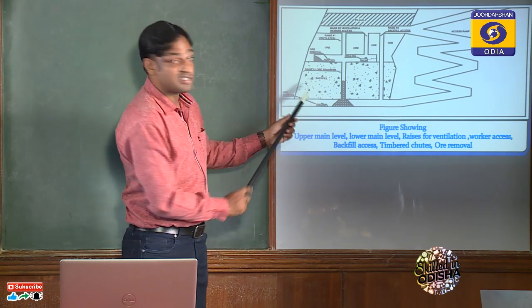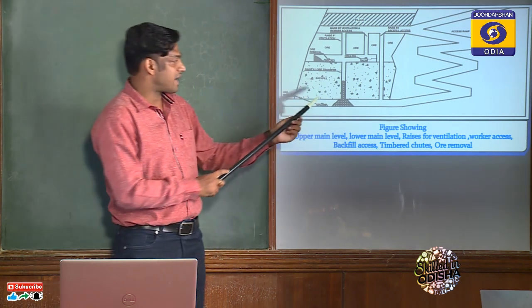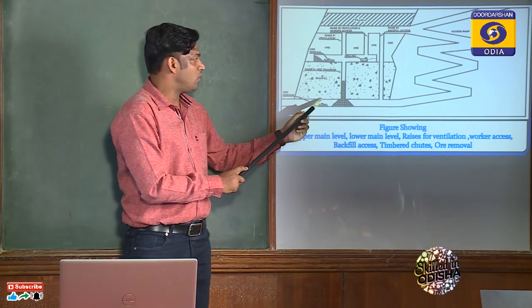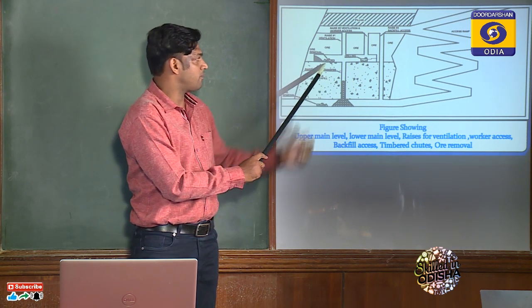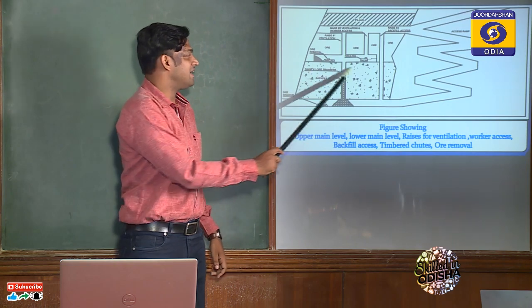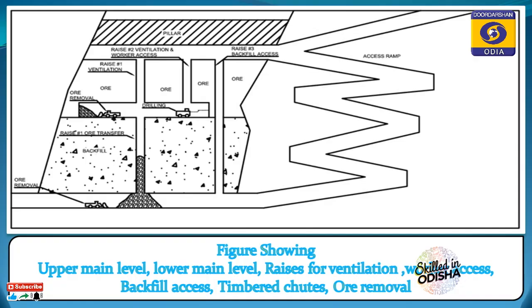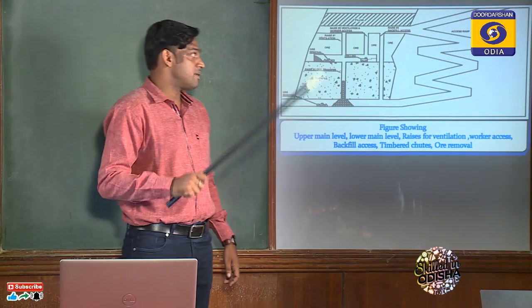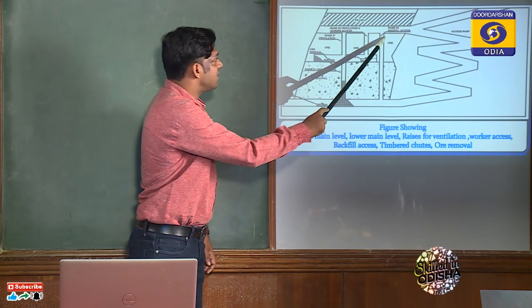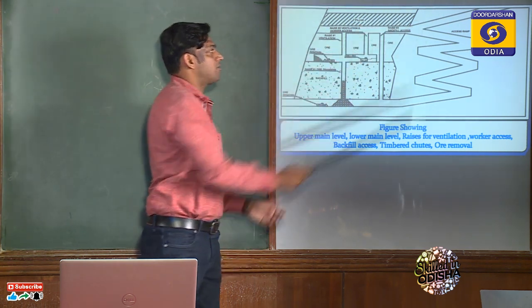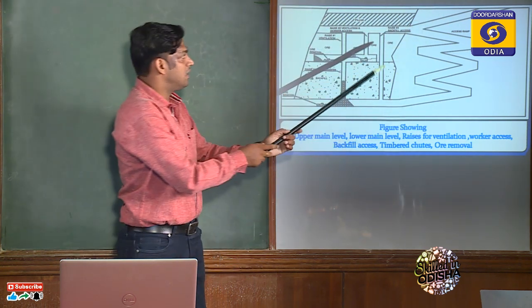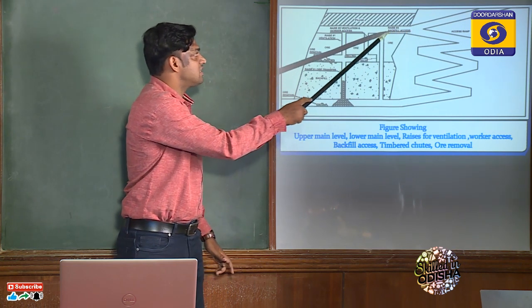Let us see, this is the ore body. Here we have the overhand stoping method. We have started the undercut from here, and we have already started stoping from here up to this. We have filled this with the materials used for filling that I mentioned earlier. This is the raise from where the backfilling comes from the surface. This is the backfill access.